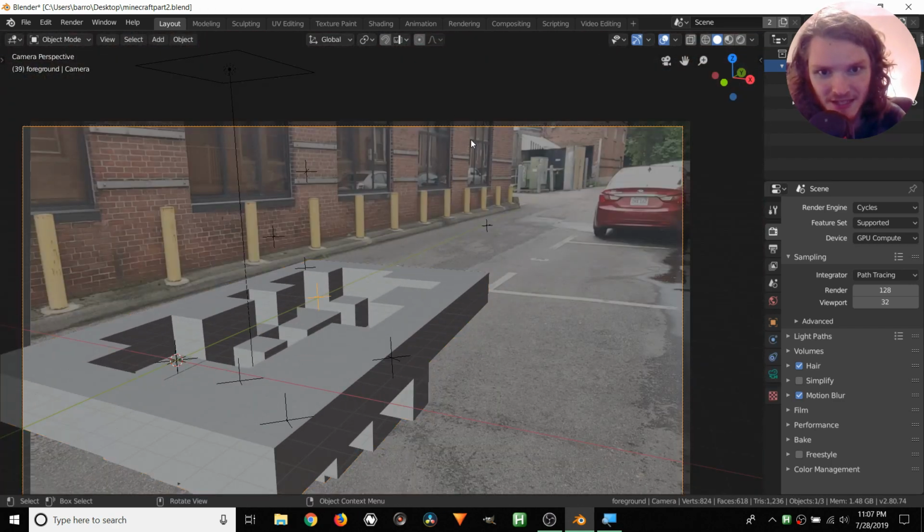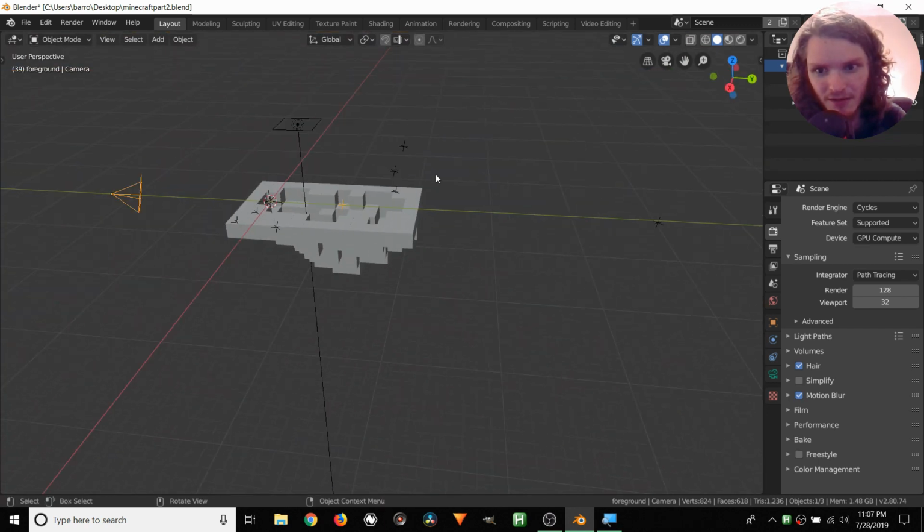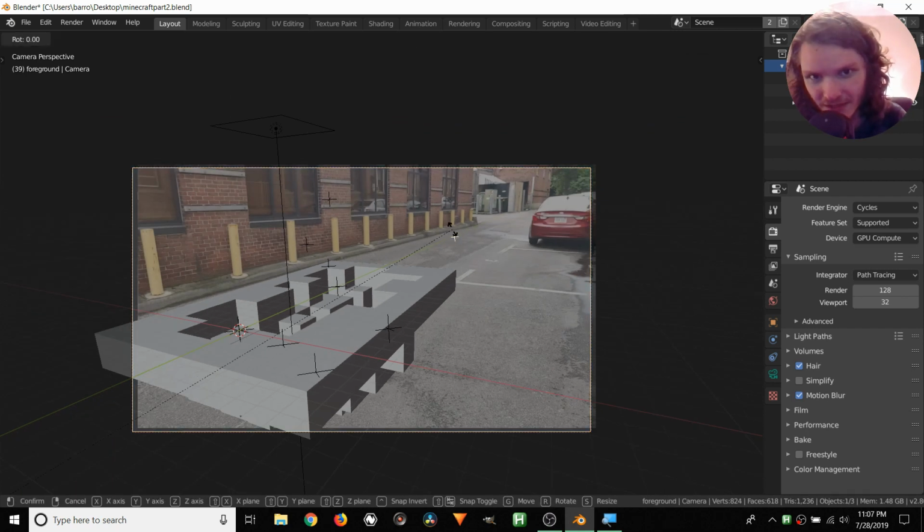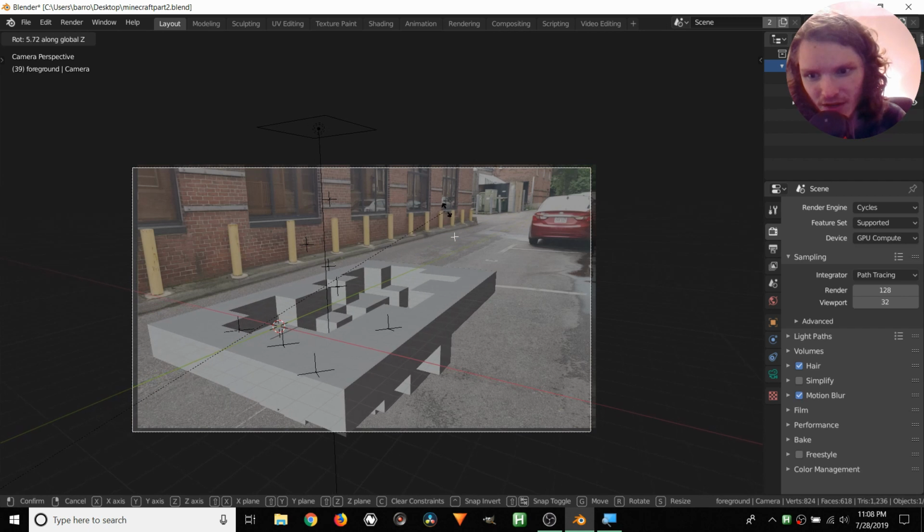So I'm going to pick this camera. So I've picked the camera, as you can see. You can do that by just clicking this. How do I deselect this? Alt-A? Yeah. So you want to click this frame right here to select the camera. And then we're going to rotate. So right now we're rotating the camera along the Z-axis, and we want our Y-axis to be parallel to the curb.